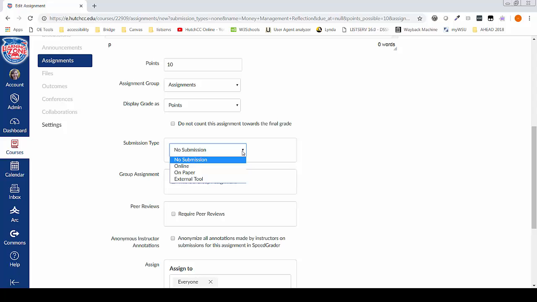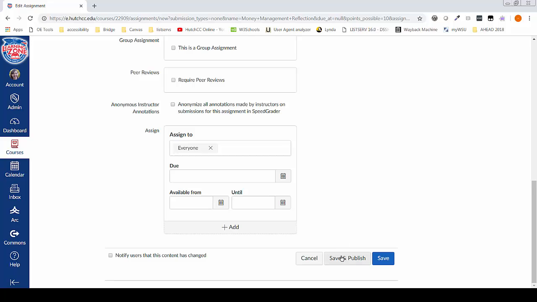The only time that you would want to choose a submission type of online is if you are having students actually submit the work in LearningZone. So if you're having students take a practice quiz or submit a graded quiz in LearningZone, you would select online. But for any assignment that the students are submitting in class, you would choose no submission or on paper, either one, and that way the assignment just creates a column in the gradebook for you to enter your grades. I'm going to click Save and Publish,